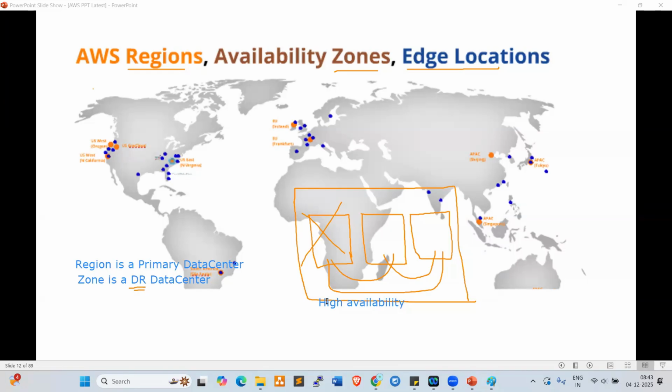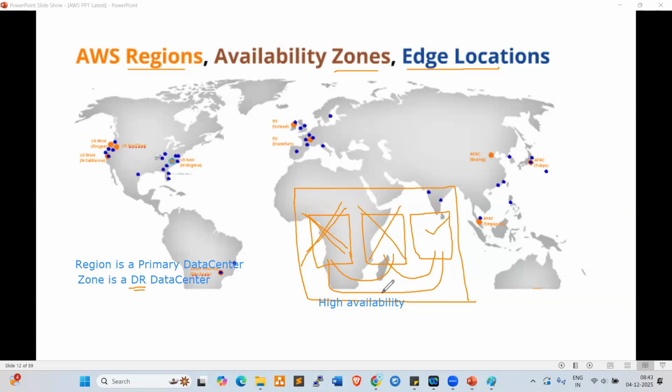Yeah. So AWS is giving very good security, very good availability. Azure and GCP also give very good availability and security. If one data center, for example one server room, is down, nothing will happen, because the second server room will take care of the resources. If this one also goes down, nothing will happen.